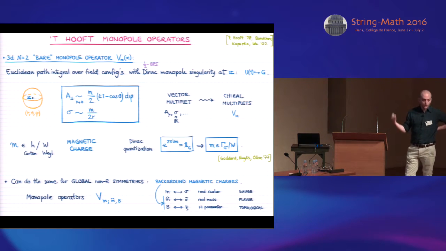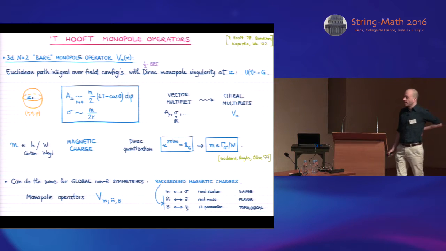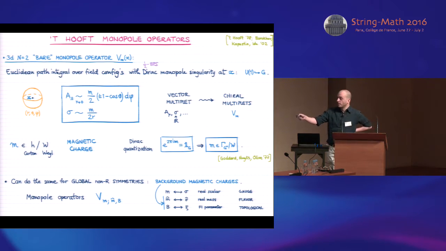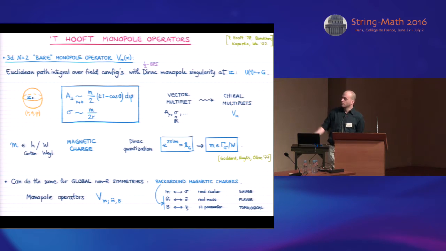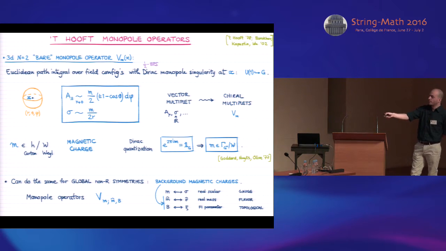gauge field. So if you want to preserve N=2 supersymmetry, this requires you to impose a singularity also for a real scalar sigma in the vector multiplet, which is related to the singularity for the gauge field by supersymmetry. So even though the definition of this 't Hooft monopole operator only uses fields in the vector multiplet, one can check that this singular boundary condition defines a chiral multiplet, so it preserves the supersymmetry of a chiral multiplet. So we are going to replace vector multiplets by chiral multiplets labeled by M, the magnetic charge, which